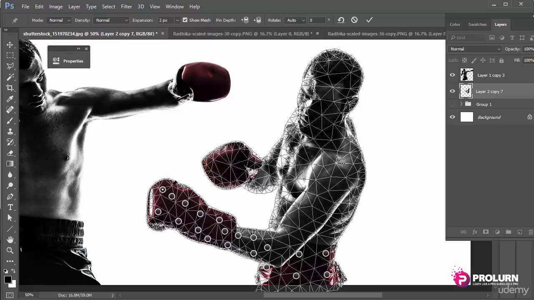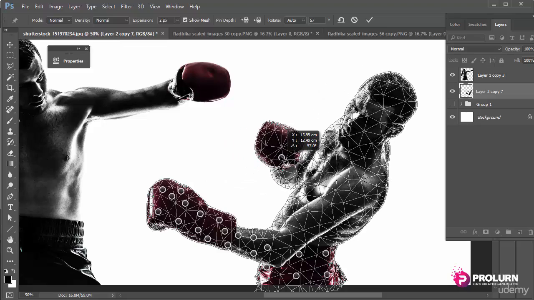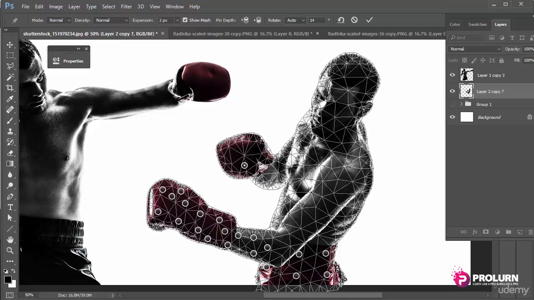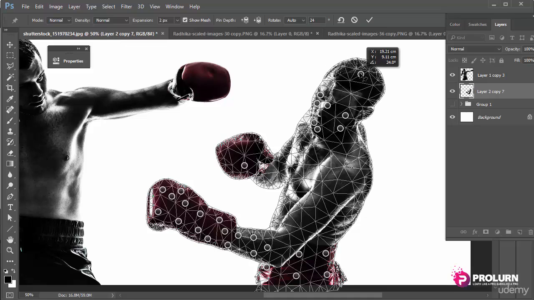So as strong as your bending points are set, it will be rigid. Like this one, now you see that this hand and his waist are not moving at all. Similarly, if I set bending points over here and move it like this, I create this funny effect. So if this boxer was punching over here, I can precisely create the cavity created with the punch. So that's how you use Puppet Warp,